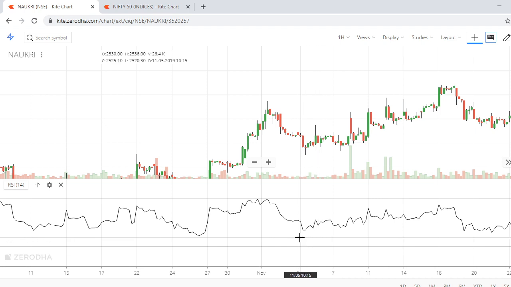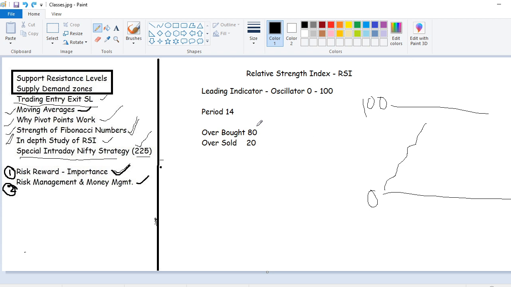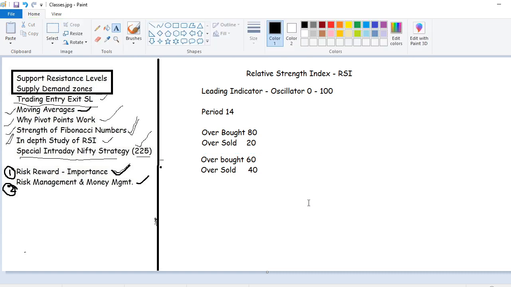That means we are not supposed to buy, we are not supposed to sell. Okay, this is what we learned. Now if you change these overbought and oversold zones to next levels, then it can help us to buy and sell. What is that? I modified it: many people use this, overbought zone to 60, oversold zone to 40. Now what do you need to do?